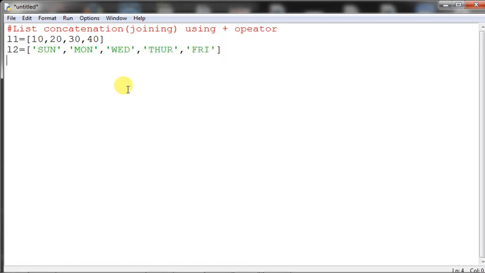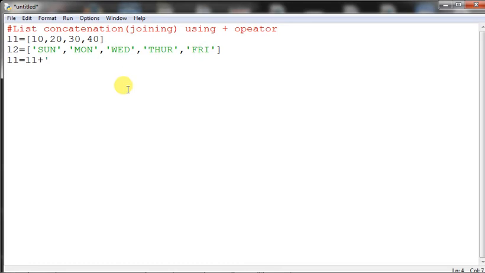Now what I will do, I will take this one, and then I can use some other value over here. So L1 equals L1 plus, I will add one value, a color.